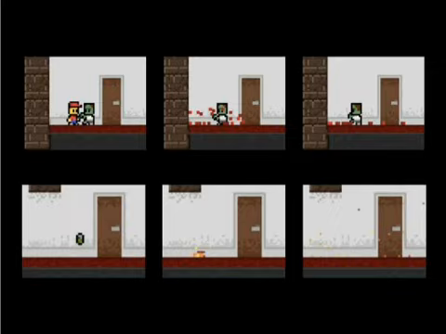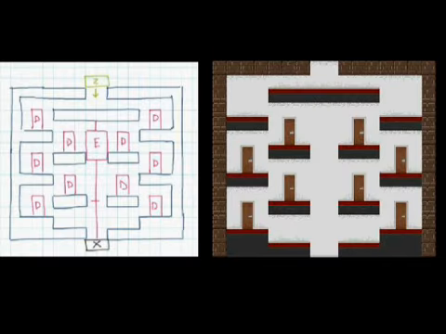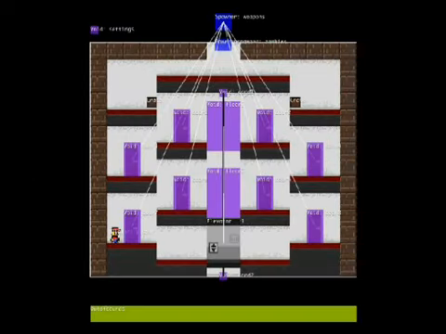Another part about when I build these games, I sit down and I try to draw out the levels and then implement them. I don't just go in without a plan. So here's a sketch of one of the levels, trying to work out the flow in my head of how the zombies will actually move down the level, and then how I actually implement it in the level editor. And here's a screenshot from the level editor itself.